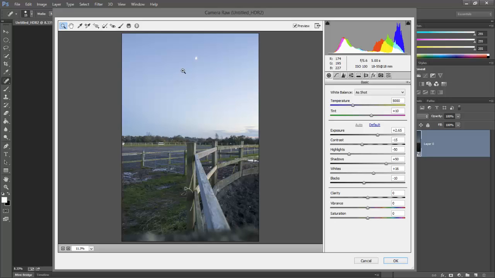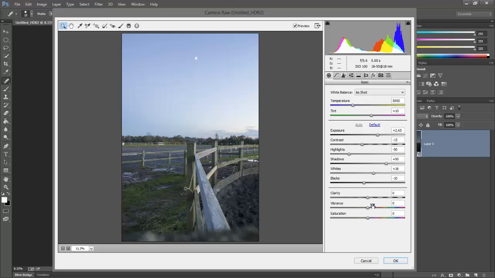You know, this sky wasn't the brightest, but it wasn't completely dark. You had some details in it. These clouds you can see, but these areas down here were quite dark. We've managed to bring the detail out in them. So I'm going to leave the exposure slider exactly where it is, and what I'm going to change initially